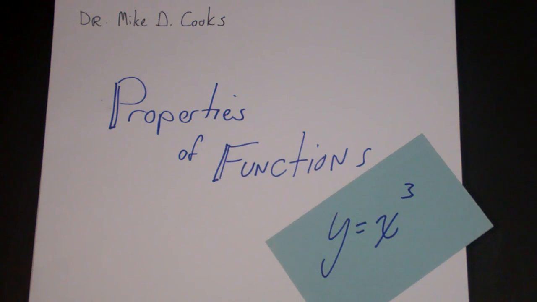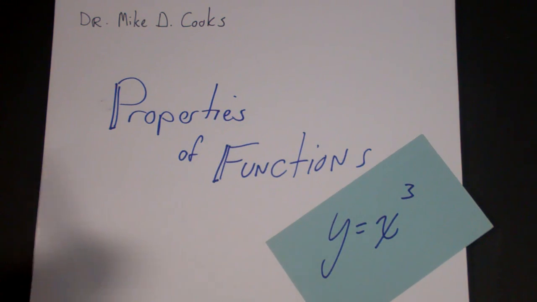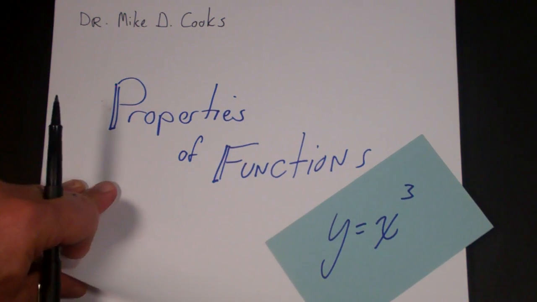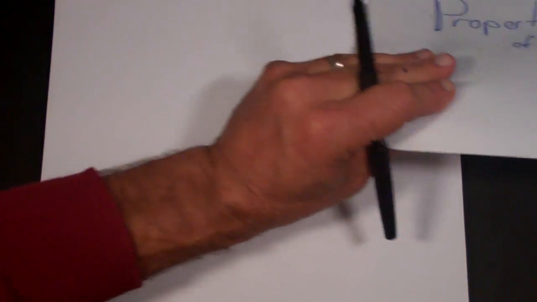This is the second in a series of videos on properties of basic functions, and in this one we're going to look at y equals x cubed. The first thing we can do when we're looking at y equals x cubed is compare it to y equals x squared. Well, if you think about y equals x cubed,